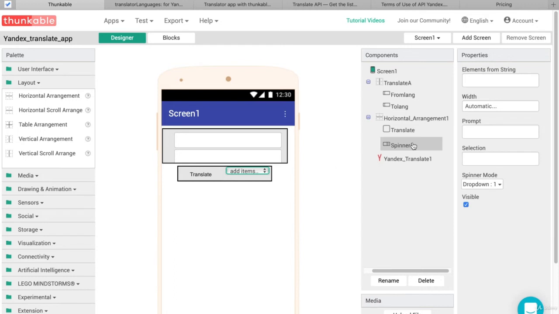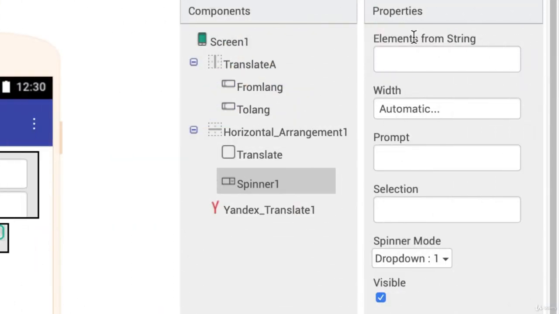While you select the spinner component, in the properties section you have different options: elements from string, width, prompt, and at the bottom you can find the option saying spinner mode. There are two modes for spinner, that is drop down and dialog. Drop down is a mode where the list of items will be visible as a drop down, whereas in the dialog mode all items will be visible in a pop-up, and this pop-up will overlay the screen. I will select the dialog option,